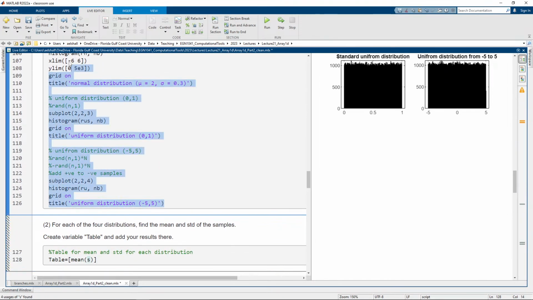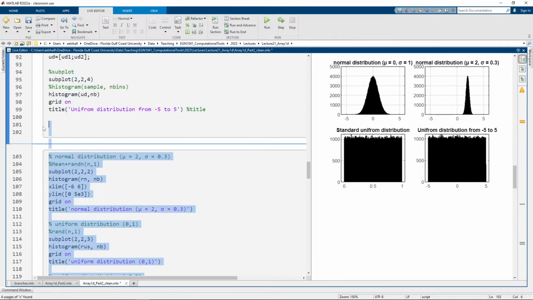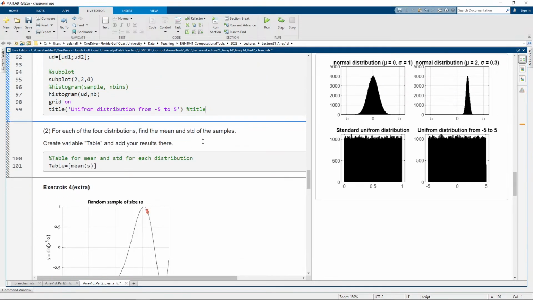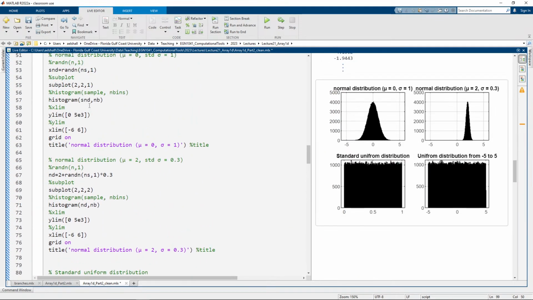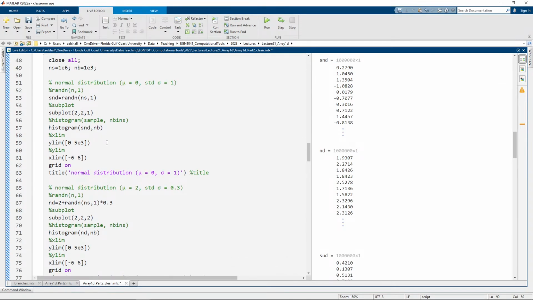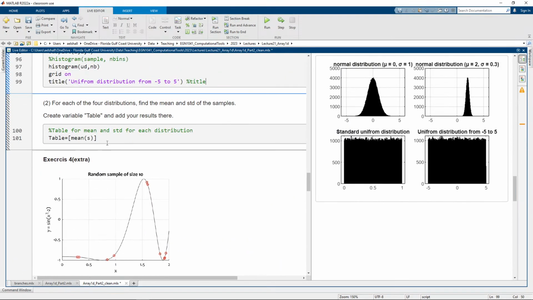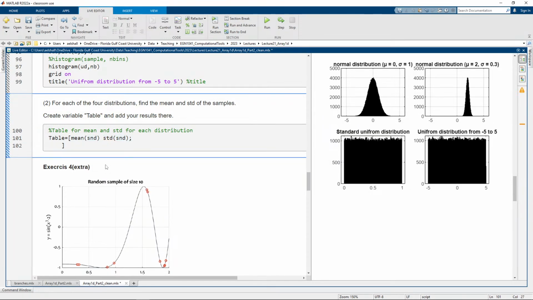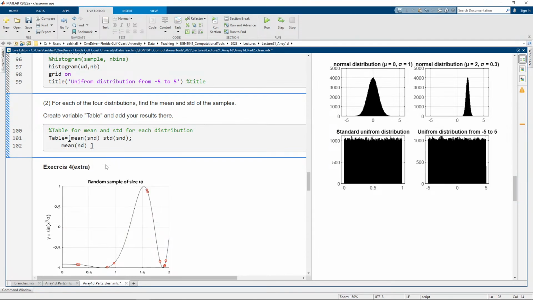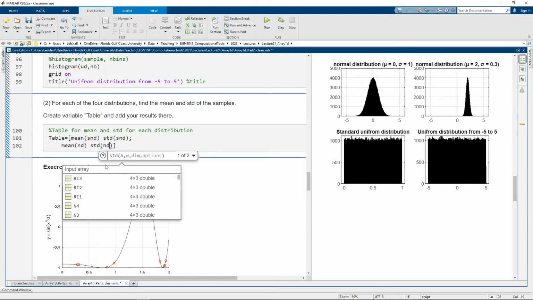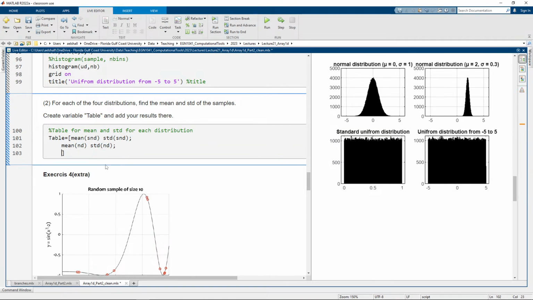I think some other one, which I'm putting here. Okay, let's just see what we did here. So the mean of what did we call this guy? S and D, standard normal distribution, and the standard deviation of standard normal distribution. Okay, and then we go to the mean of the normal distribution. I think that's what we call this guy, and standard deviation of the normal distribution, and then the new row,